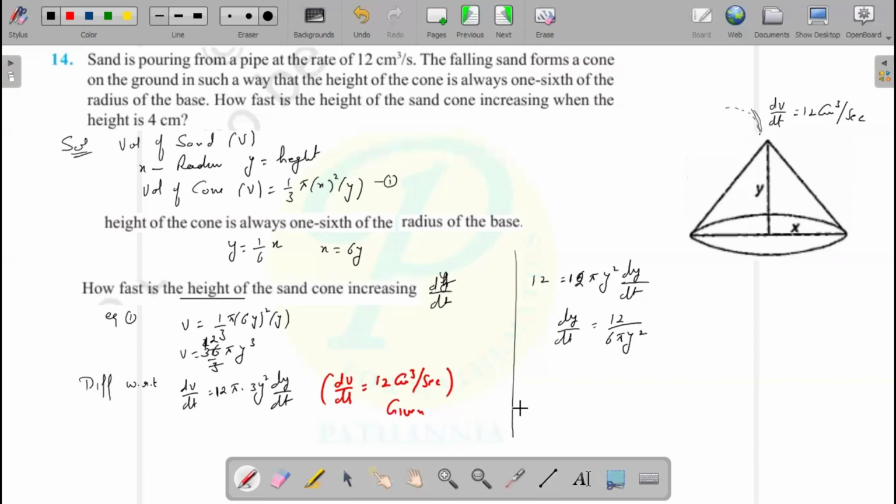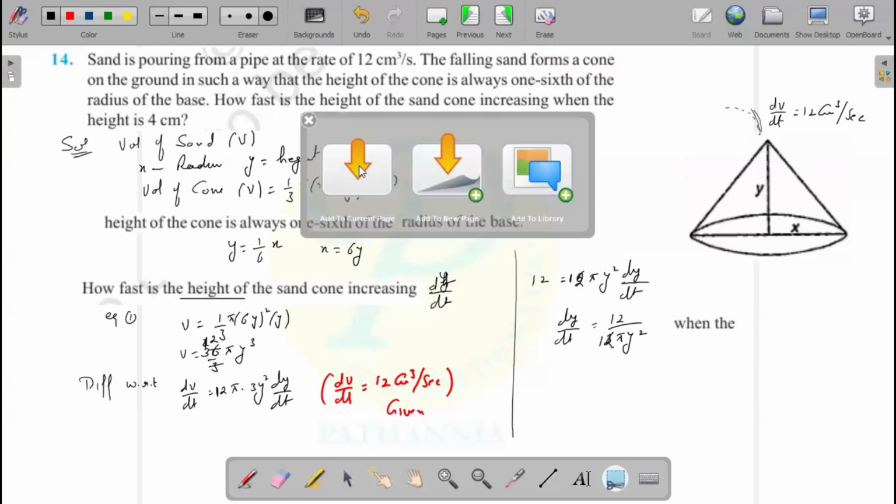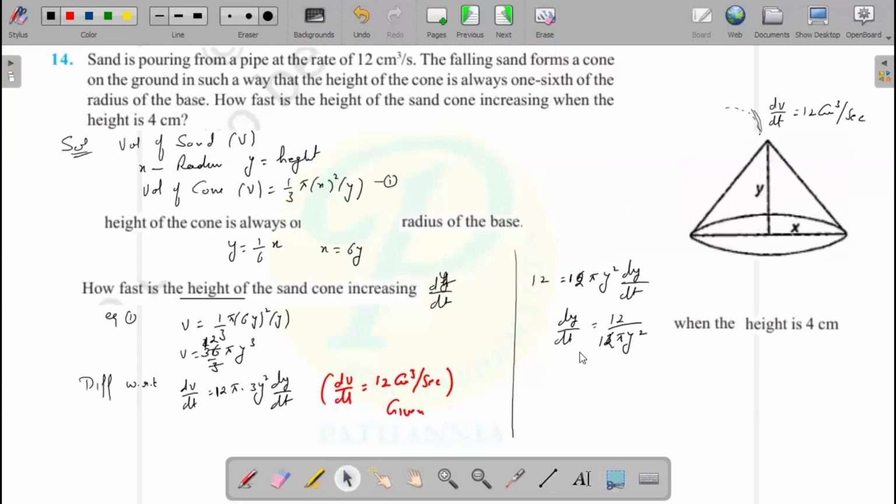So 12 and 12. And he says when the height is 4 centimeter is given to you. So therefore dy upon dt when y is equal to 4, 1 upon pi 1 upon 16,